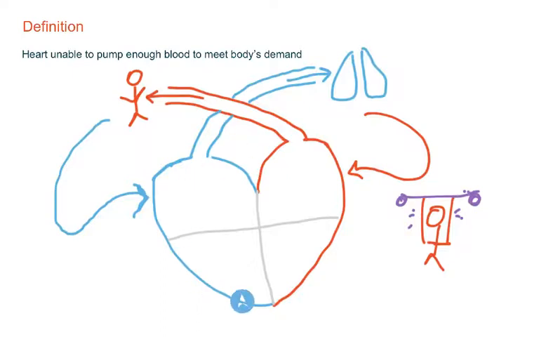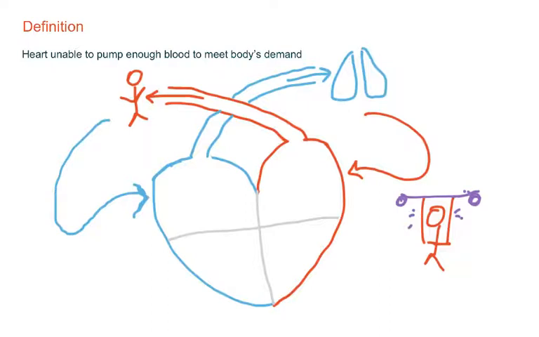Heart is basically a muscular pump. It pumps blood essentially to two places. The first place is your body. The body gets oxygenated blood from the left side of the heart. It uses the oxygen and circulates it back to the right side of the heart, from where it is pumped out to the second place, which is the lungs, where the blood is reoxygenated and sent back to the left